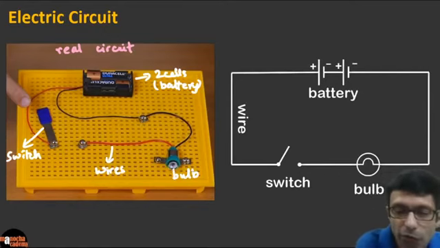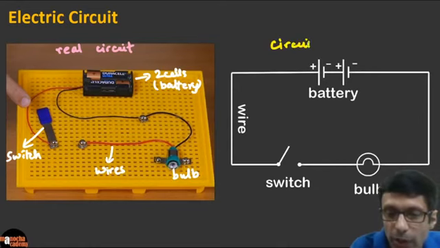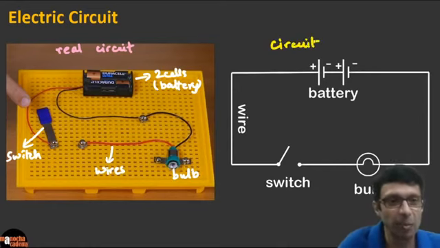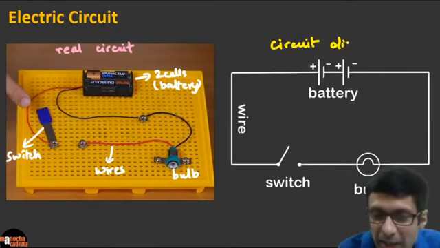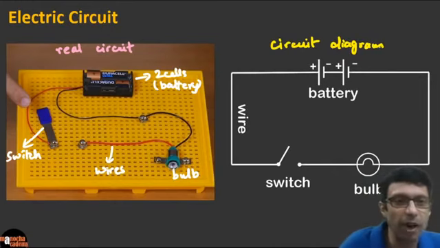And here is what we draw. This is known as the circuit diagram. I'm sure those of you who are doing electricity, I know a lot of you are, because that's why you requested this electricity class. Here we are discussing the awesome topic of electricity, and this is a circuit diagram, a simplified diagram where we use circuit symbols.